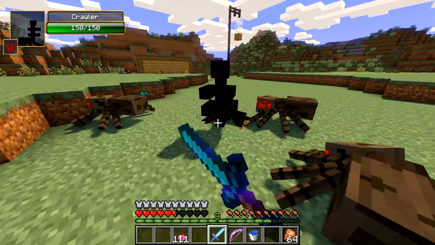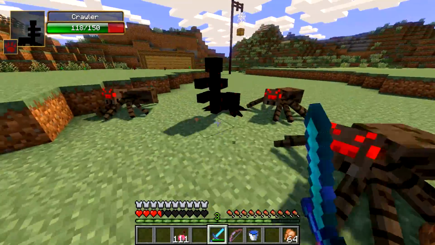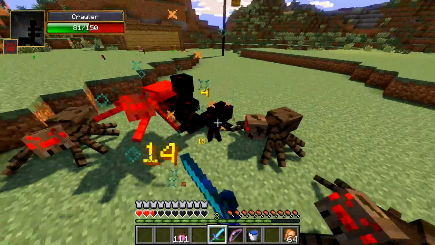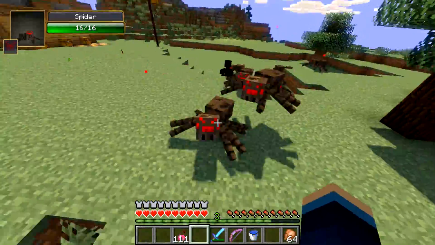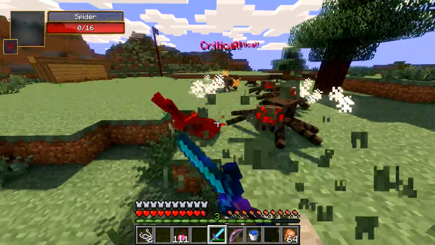It's not giving me any potion effects, but it is spawning its little spider friends. So let's just try and kill it. And by the way, this diamond sword... Oh crap, I'm going to die. Oh, that was close. Okay, let's just kill all these spiders who seem to be...